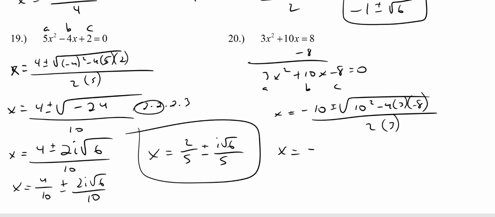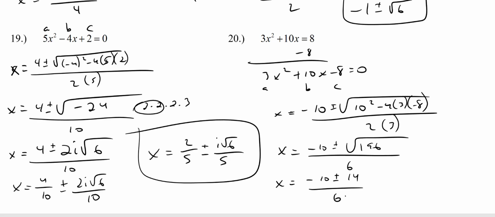So I get basically negative 10 plus or minus, I put it all together in my calculator, I get 196 over 6. So square root of 196 actually is 14. So negative 10 plus or minus 14 over 6. So if I split it up, I get,